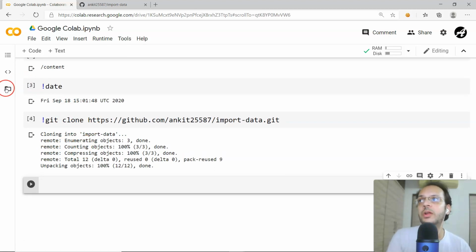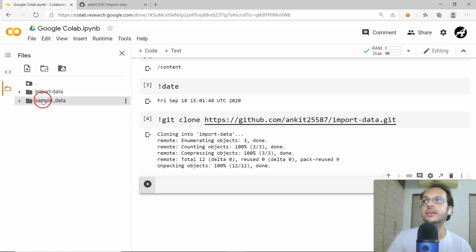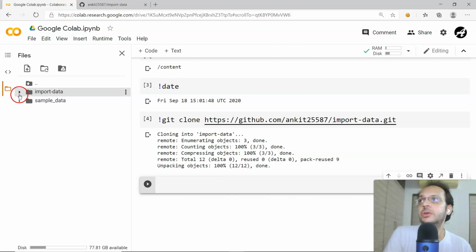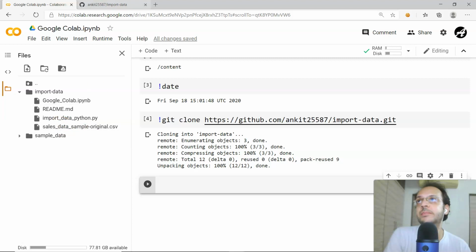Now if you go to the left hand side, a full-fledged file system is available on which this particular Colab notebook is installed. So you can see it has created a brand new folder like import-data that has come directly from the GitHub repository, and inside that all the files which are part of this repository also got downloaded, or I would say cloned.